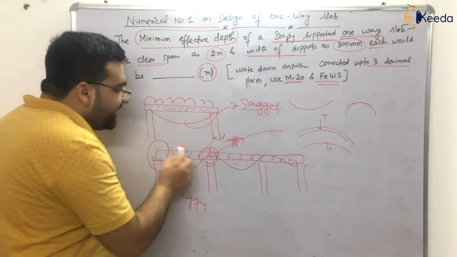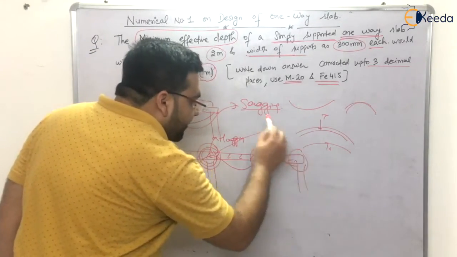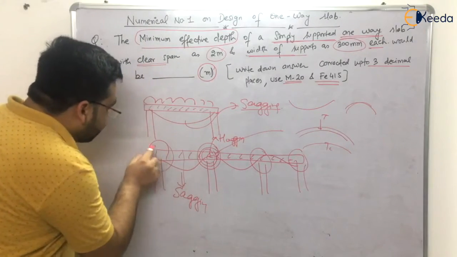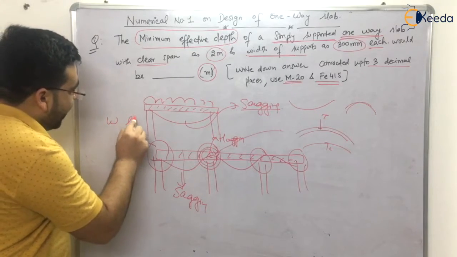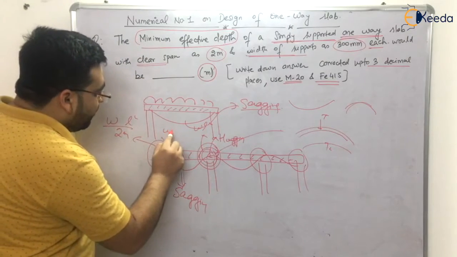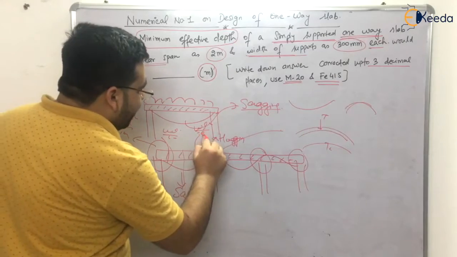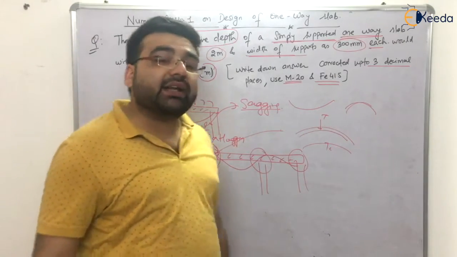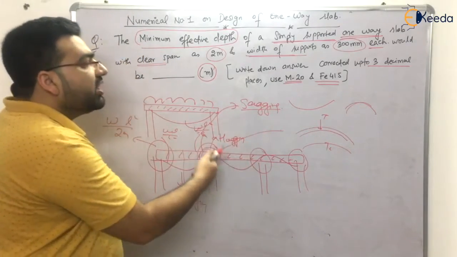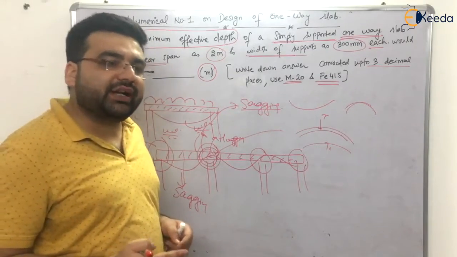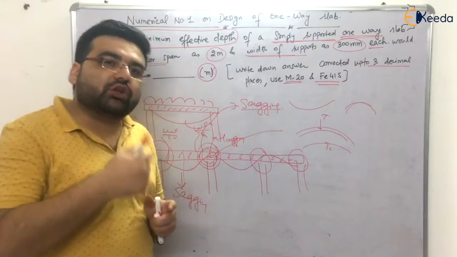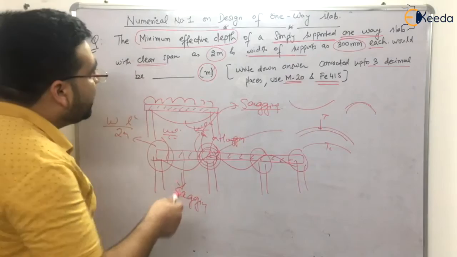Now what will be these moments? They are given by some coefficients. IS 456 has given coefficients, for example W L square by 24, W L square by 12, W L square by 9, and so on. I am not writing down the coefficients because they are not important. If some type of question comes in the examination, which has minimal probability, the coefficients will be given to you. That is why I am not drawing the table of those coefficients. Clear? So now let us solve this numerical.